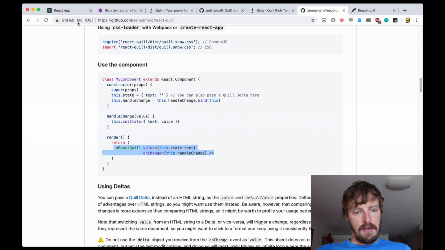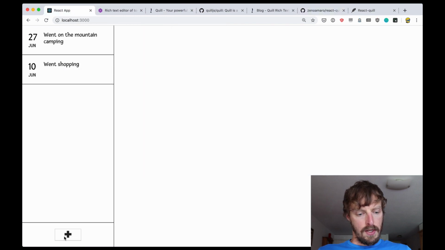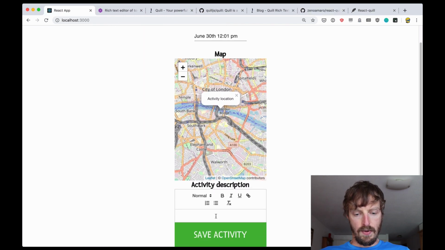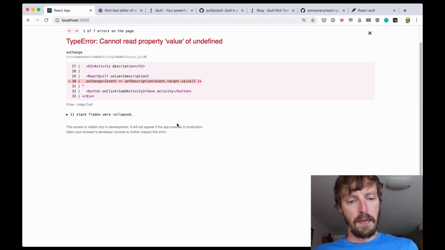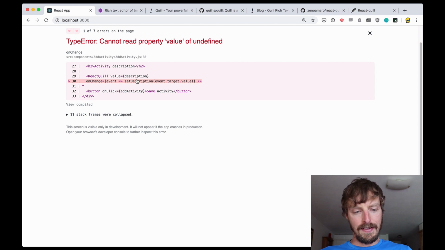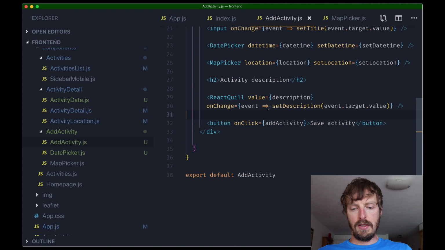So let me see if this thing is working. Cool, we have the editor here, and we can start saying I went... we got an error. Cannot read property value of undefined. onChange. So on this callback here, oh right,